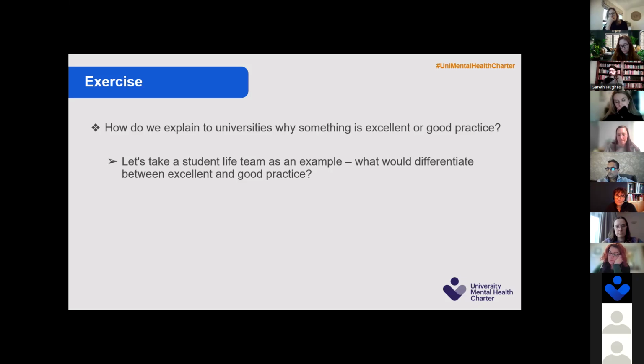Jo, the way that you just said, if it was co-produced and fully evaluated, etc., it'd be excellent practice, suggests that we need all of the elements to be excellent practice. And it's a bit misleading because I know that in the reports we've done so far, that's not the case. No, yeah, sorry, I don't necessarily mean all of them. Those are examples of the kinds of things that would underpin it. Yes. I can't think of a single intervention delivered in the sector at the moment that would have all of those in place. Yeah, I know. It's just the way that you said it.